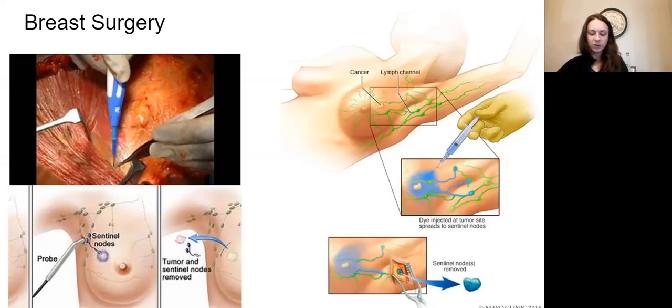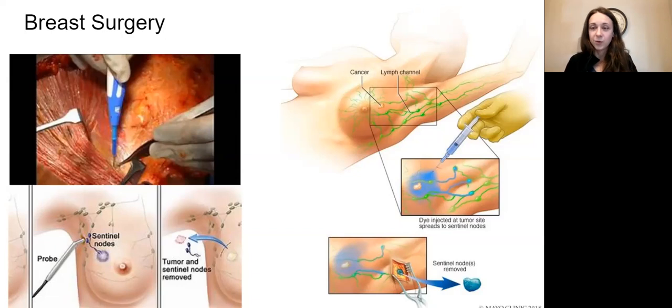Okay, so this section, instead of going through it step by step on the breast biopsy, I want you to pay attention to what's on the slide, but more importantly, I need you to add a note. So add it wherever you need to for breast biopsies. If a breast biopsy is followed by a mastectomy, that means we took a piece, we sent it to pathology, they said, yes, it's cancerous, and now we want to do a full mastectomy while our patient is still asleep. If that happens, you will need to redrape,